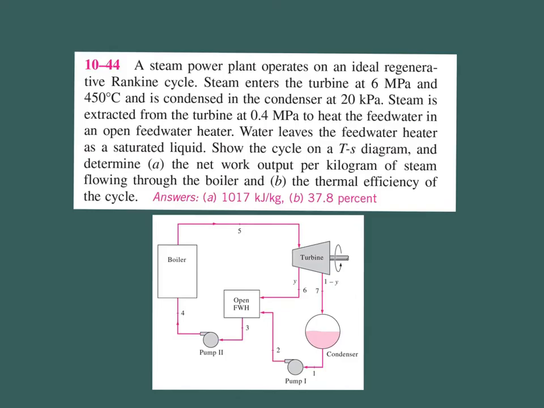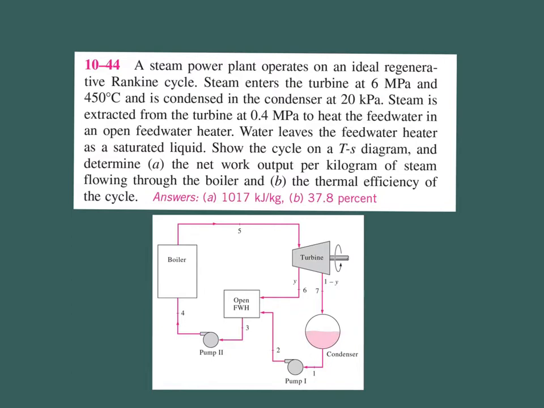So let's read together this example here. You have a steam power plant that operates off an ideal regenerative Rankine cycle. So this is the schematic diagram of your steam power plant. Steam enters the turbine at 6 megapascal and 450 degrees C. So if you can have a look at this